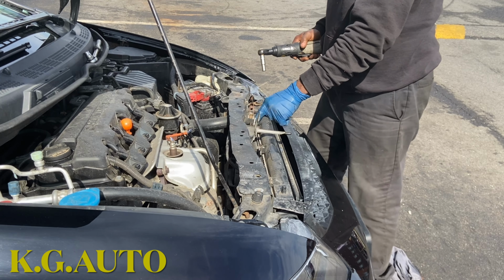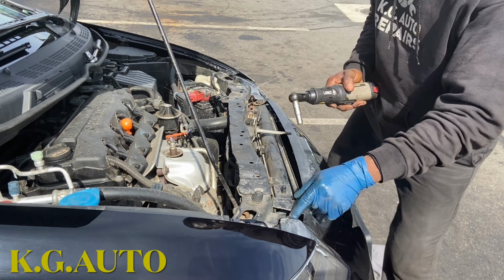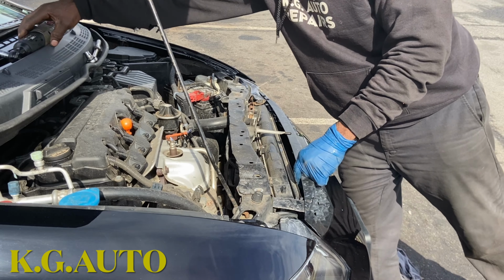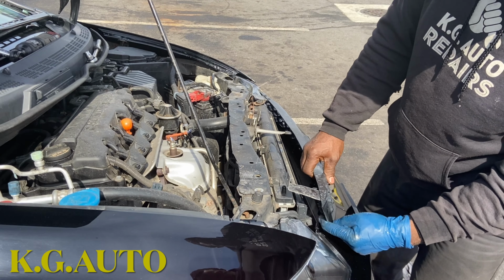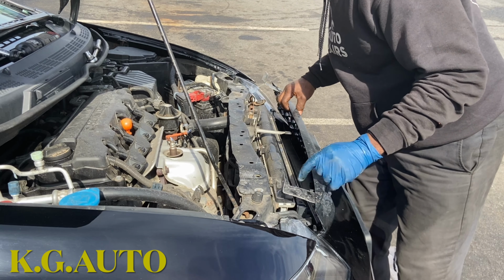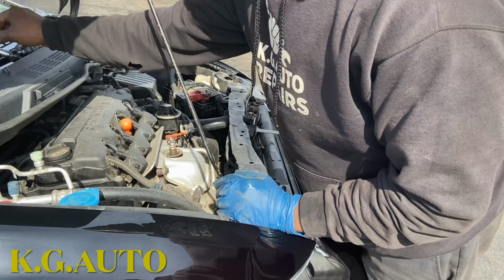Take off this bracket right here. This car has been in an accident before. It's been in an accident before. And then